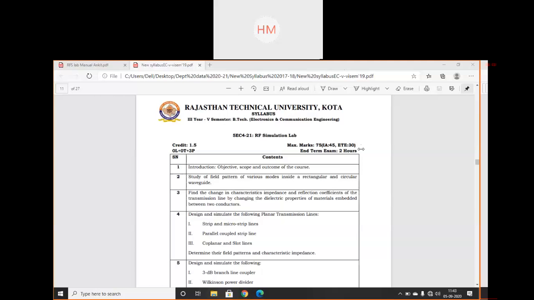What is transmission line? We don't know the meaning of transmission line. Transmit the power from main plant with lower plant.